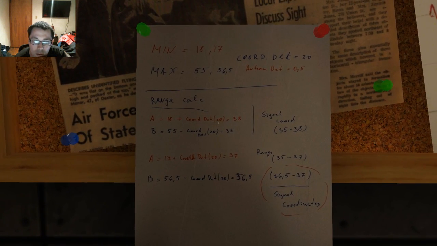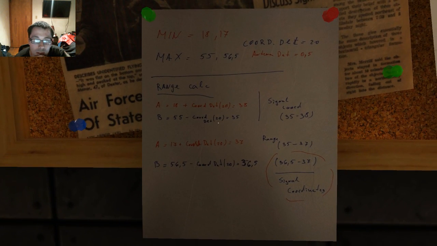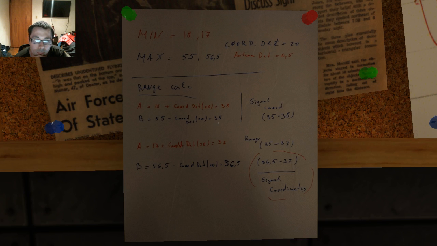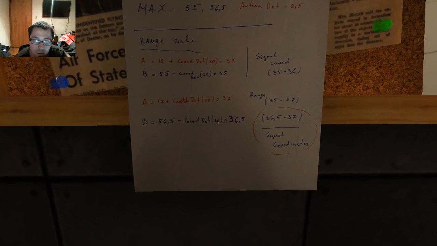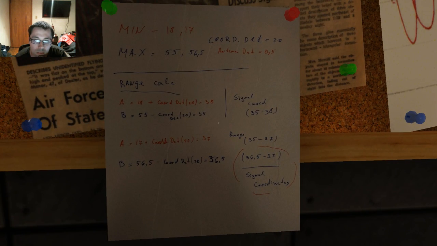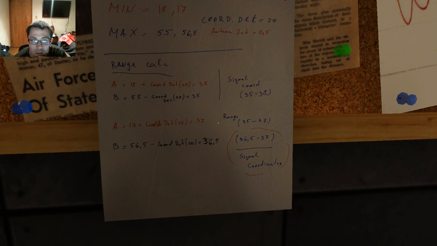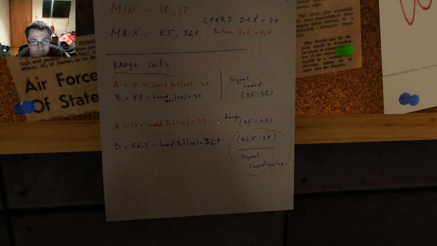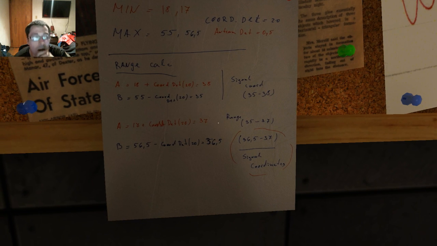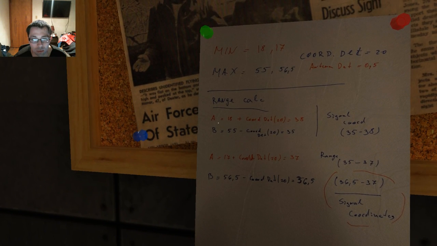Oh, okay. 18 plus 20 equals 38. 55, subtract 20. Okay. Equals 35. 37, that's plussing. Well, I was kind of right. Oh! Maybe that's average amount with